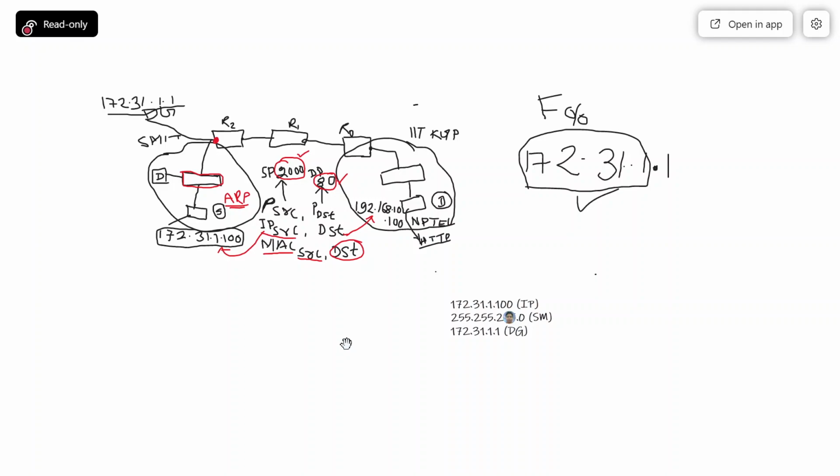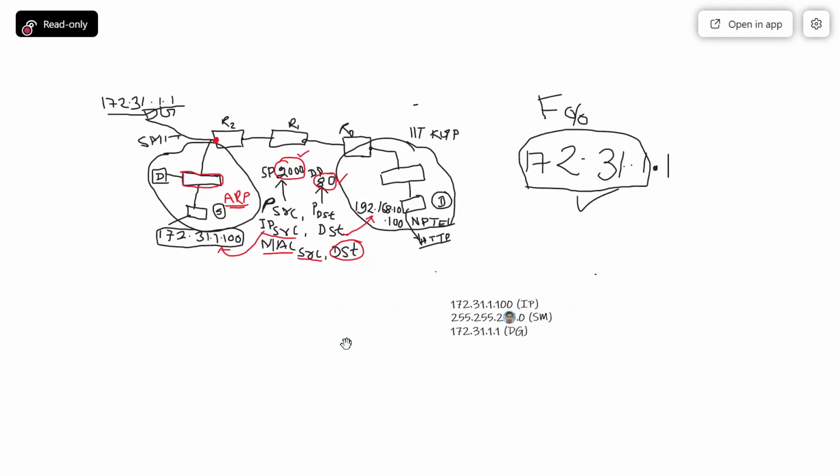The destination is 192.168.10.100. This is the destination IP address. We cannot know the MAC address of the destination because it belongs to a computer in another network.